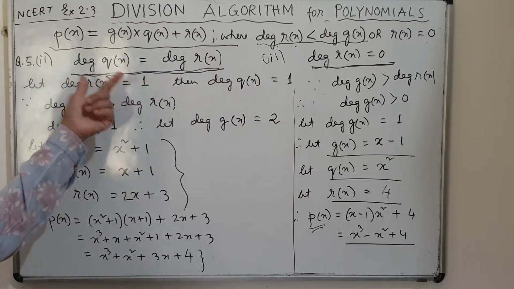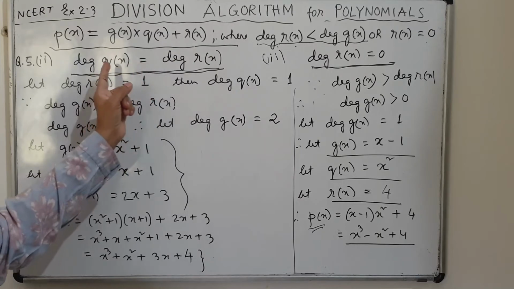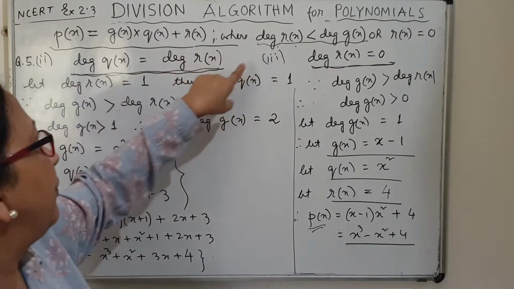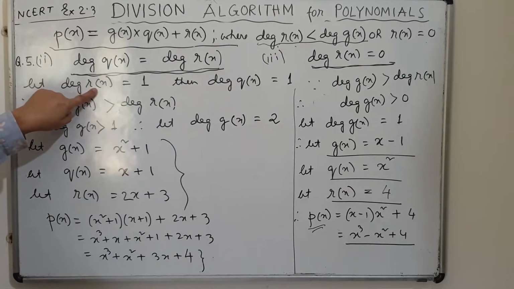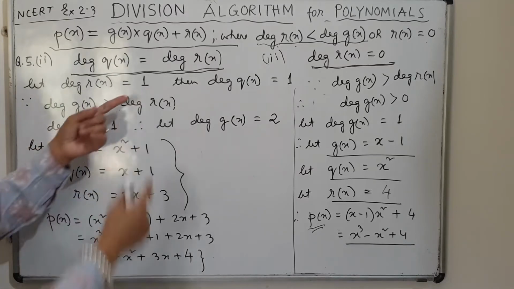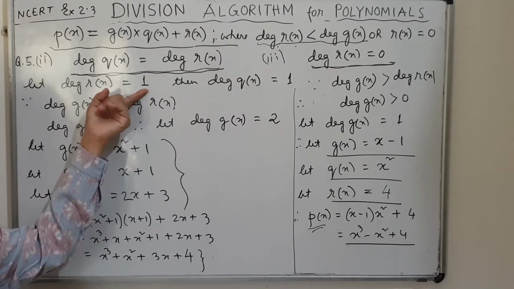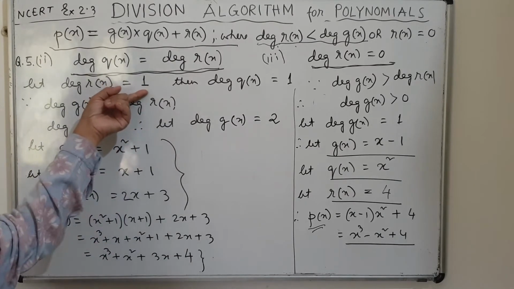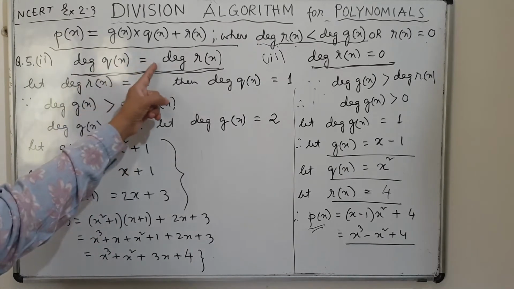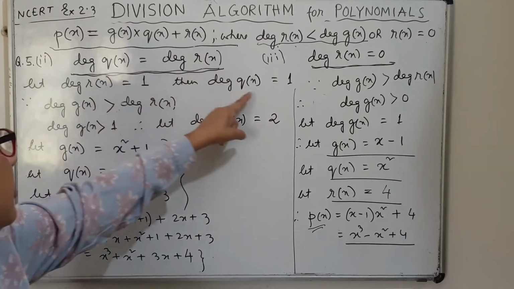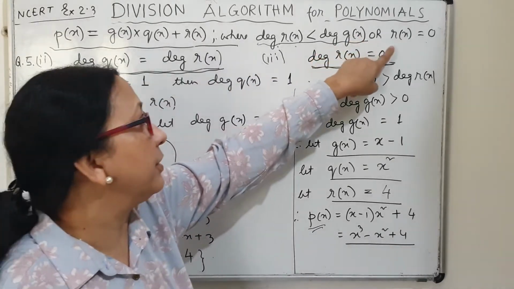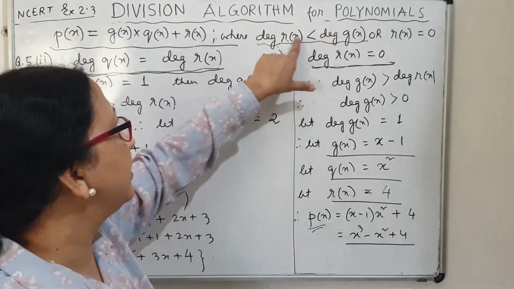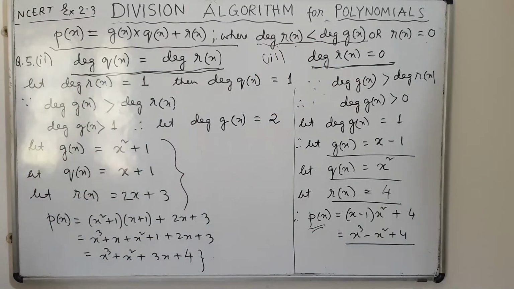So we can assume any degree for the polynomial, let us assume for r(x), because if I know the degree of r(x), I'll be knowing the degree of g(x). That's why I'll assume let the degree of r(x) be 1, that we have chosen. You can take anything, you can take 2, 3, etc. Here I have taken 1. So according to the condition, degree of q(x) will be same as r(x), so it will also be 1. Now come to the condition associated with the division algorithm, that is degree of g(x) has to be more than degree of r(x).